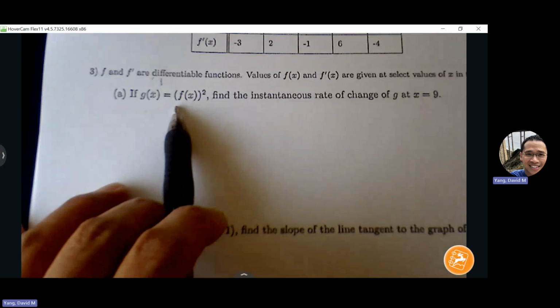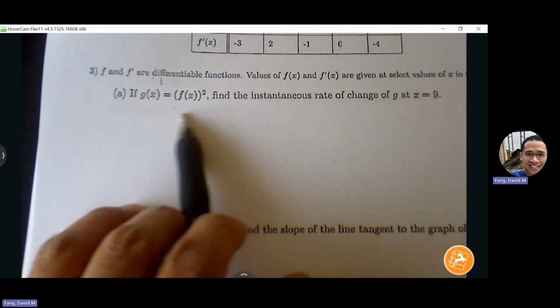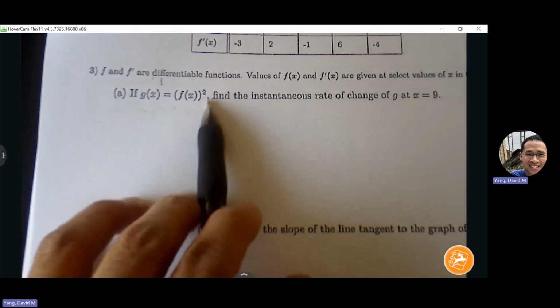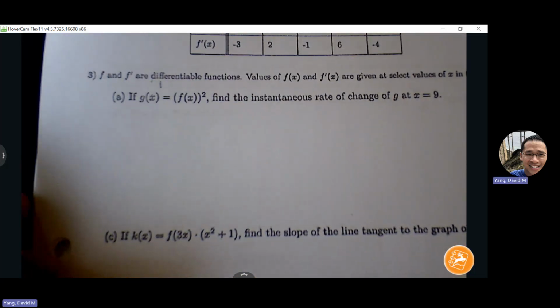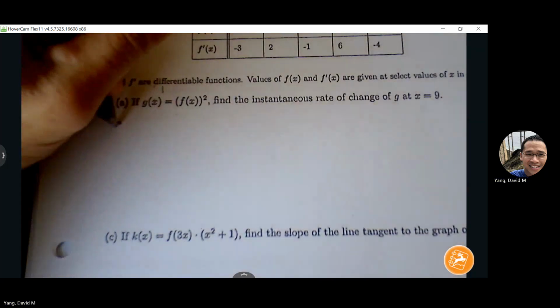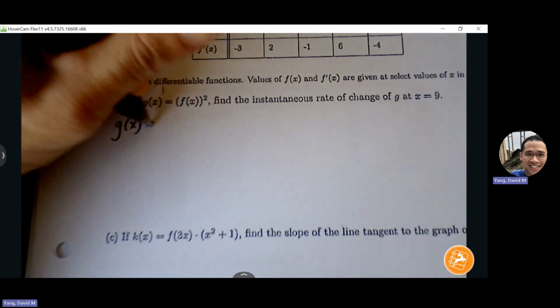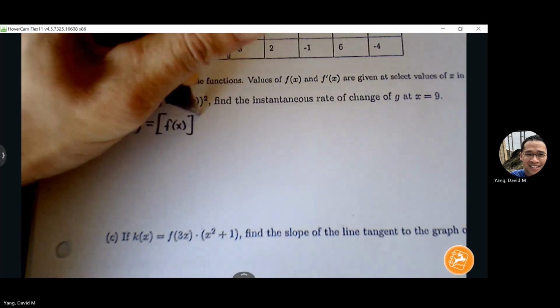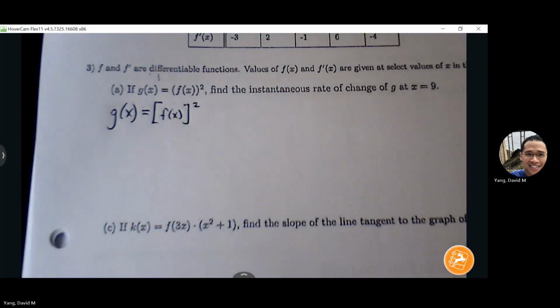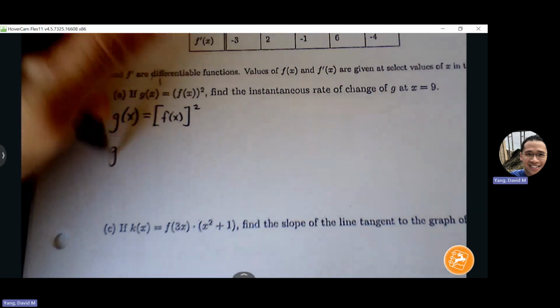Now, if you look at how this is set up, can you tell what is involved here if we want to find the derivative? Chain rule, right? There's an outside and inside portion. If it helps, I'm going to rewrite it using brackets. You don't have to, but you can if you want to. So let's find the derivative here. g prime is equal to